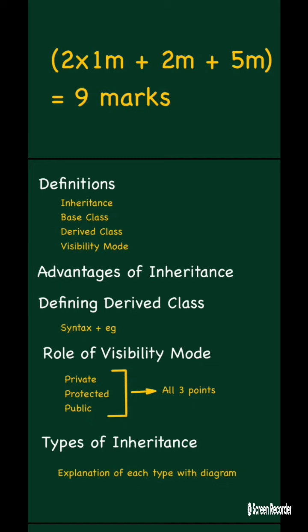So, types of inheritance. How many types are there in inheritance? 5 types: single or simple inheritance, multi-level inheritance, multiple inheritance, hierarchical inheritance, and hybrid inheritance. You have to learn the explanation of each type. You have to write the theory of each type of inheritance along with the diagram. There you have to mention which is the base class and which is the derived class, and in the example also you have to mention whether this class is the base class or the derived class. You have to mention the types' explanation along with the diagram.